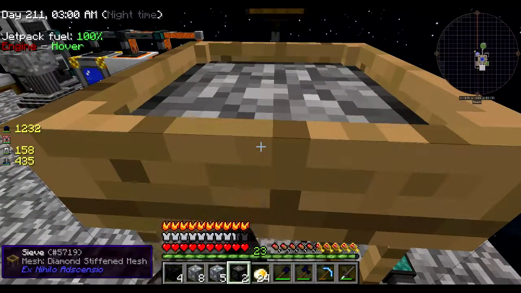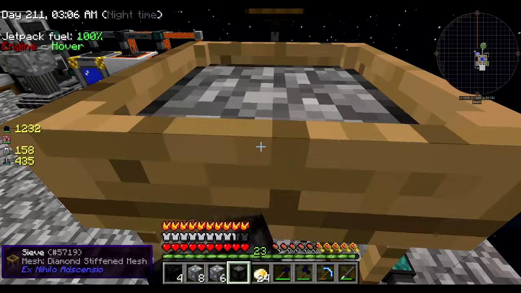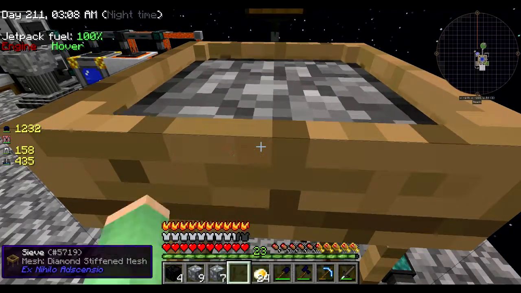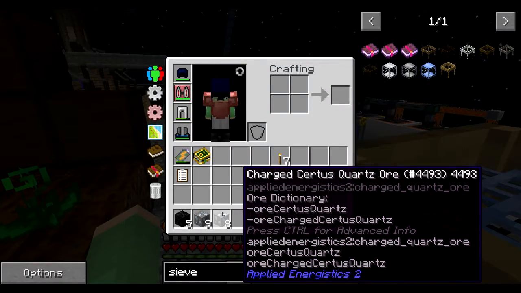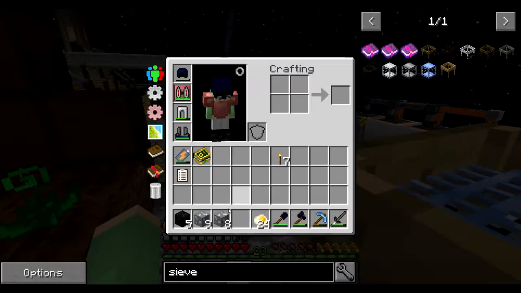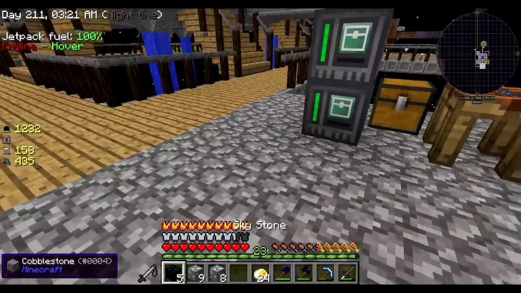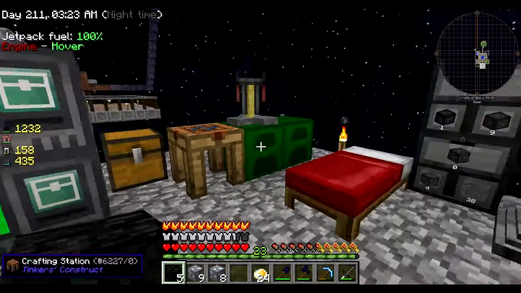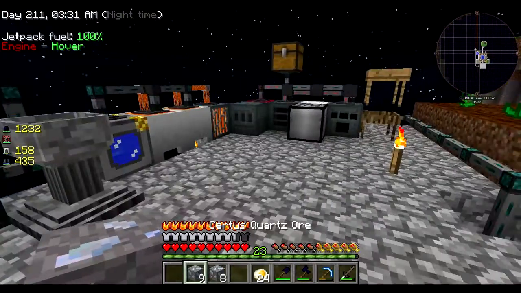As you can see, I've got myself some triple compressed cobblestone, and you just stick it in the diamond mesh, and ta-da! We get skystone, Certus quartz, and charged Certus quartz. I may have been a little over the top with making them 50% chance, but